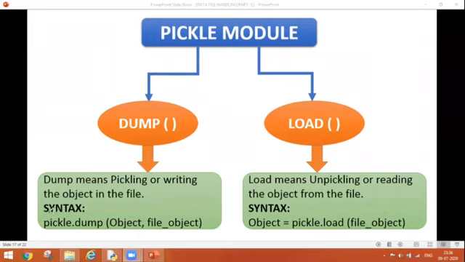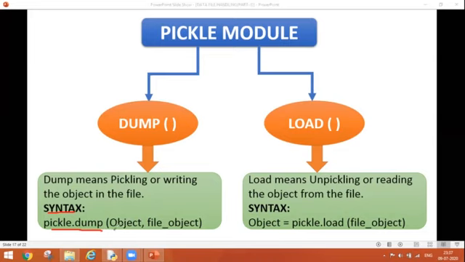And what is the syntax of writing it? Pickle dot dump. So we are using the pickle main module along with the submodule dump. And here, as we use the write function to write into the text file, similarly we use the dump function to write in the binary file.